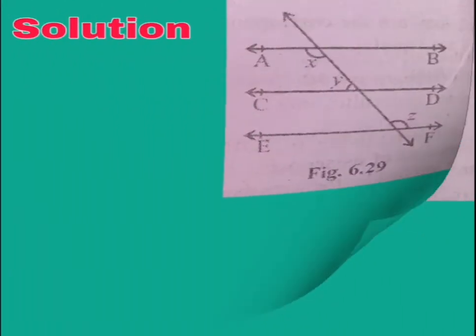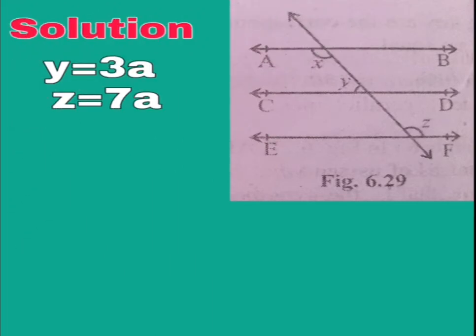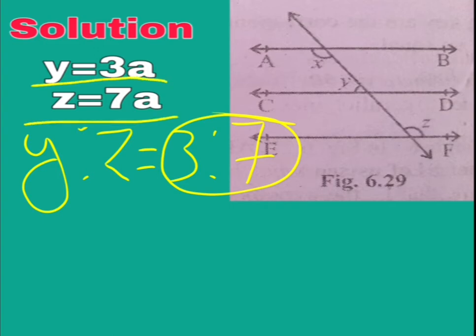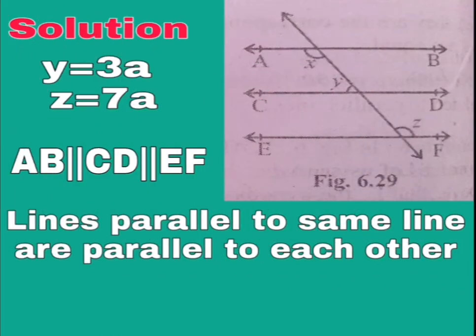Now let us move on to the solution of this. First, let us cancel the ratio. So it is given that y is to z is equal to 3 is to 7, right? So let's cancel this ratio. When we cancel this ratio, we just add a variable to the numbers which are given in the ratio. So here y is equal to 3a, z is equal to 7a. Like that we are going to consider the values of this y and z. Okay, this thing we are going to use.